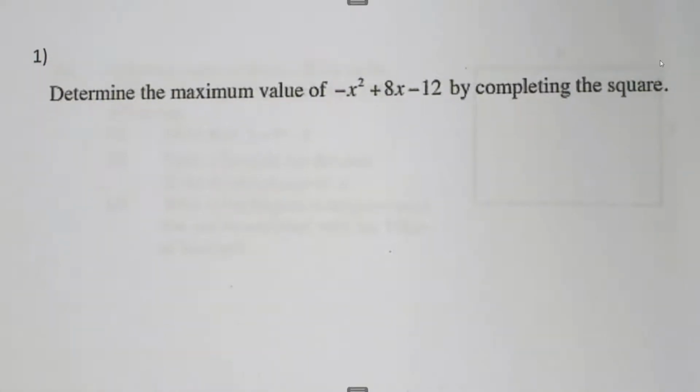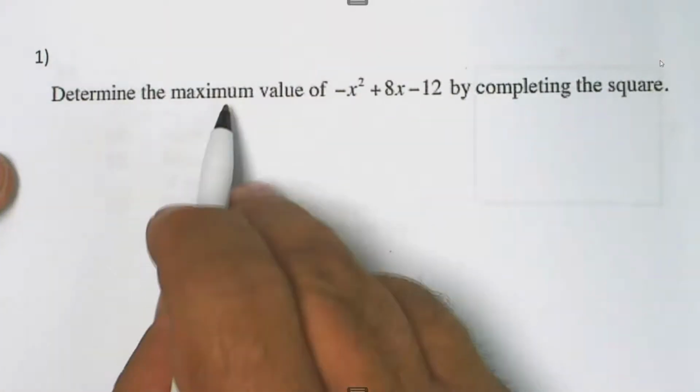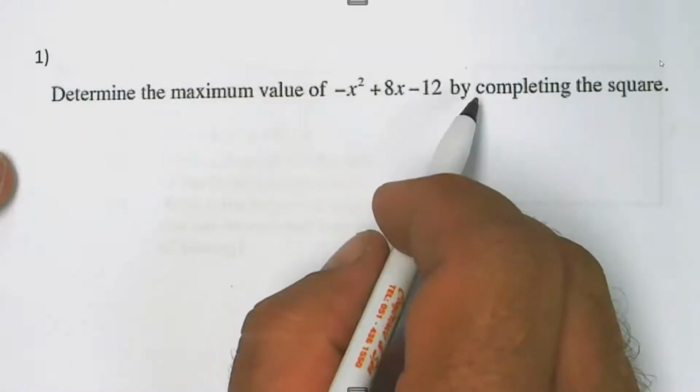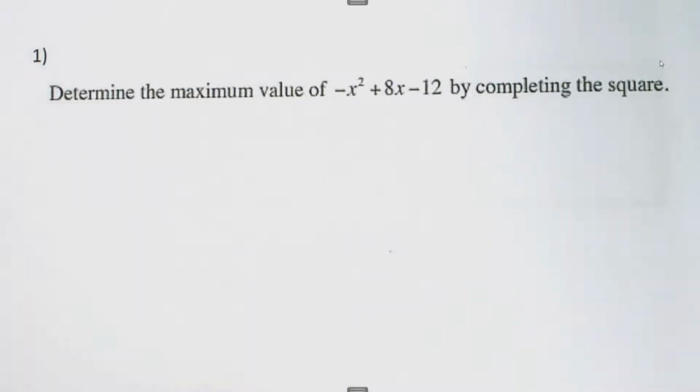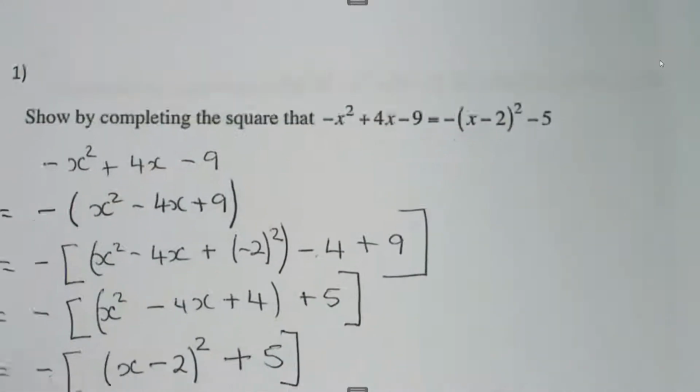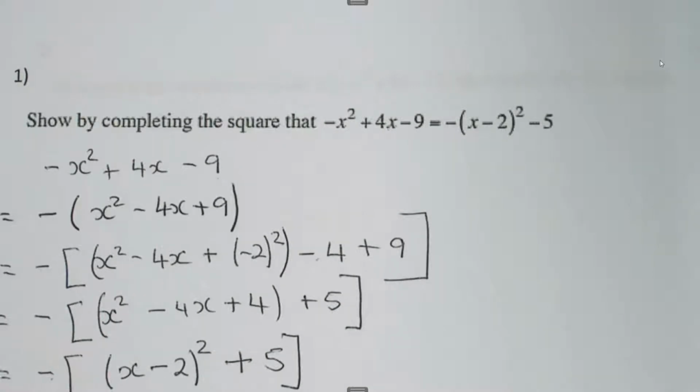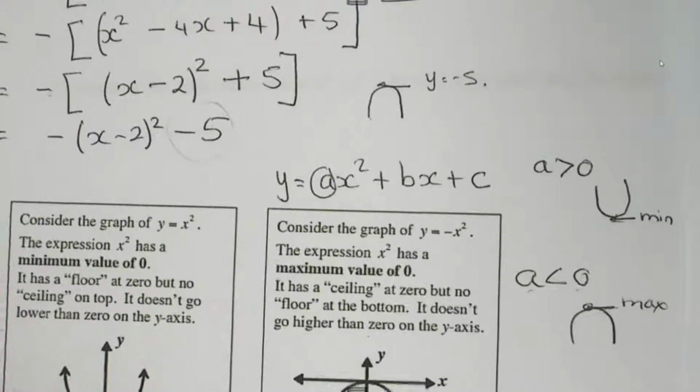Right. In this case here, we need to determine the maximum value of -x² + 8x - 12. So the maximum value is the y coordinate of the turning point. If we look at the previous question, because a here is negative, the arms are down, and the maximum value is this value here, which is y = -5. So this value will always be your maximum or your minimum value. I repeat,